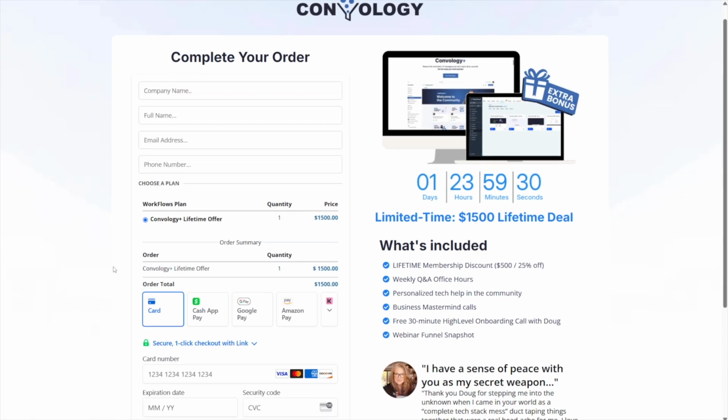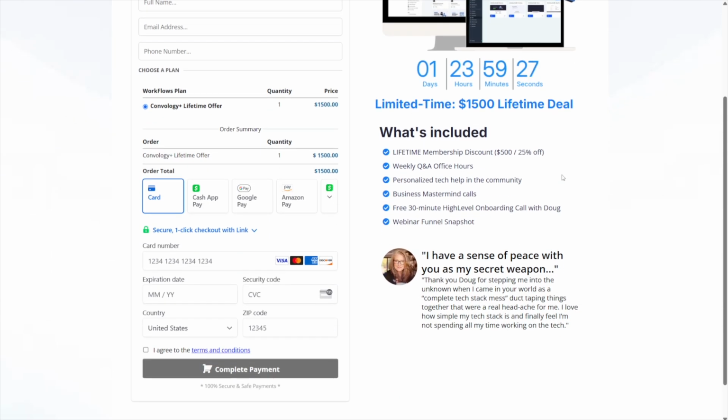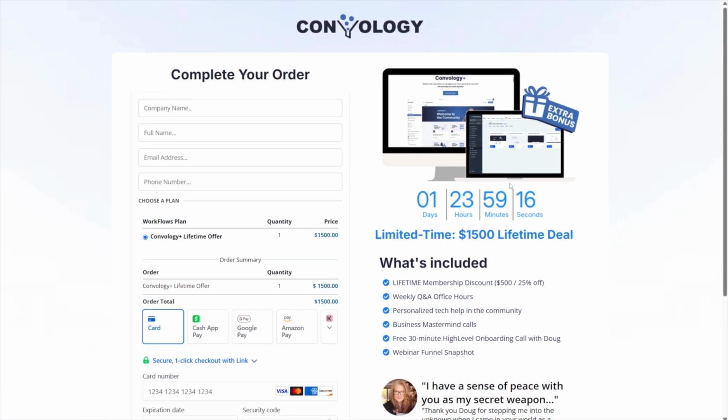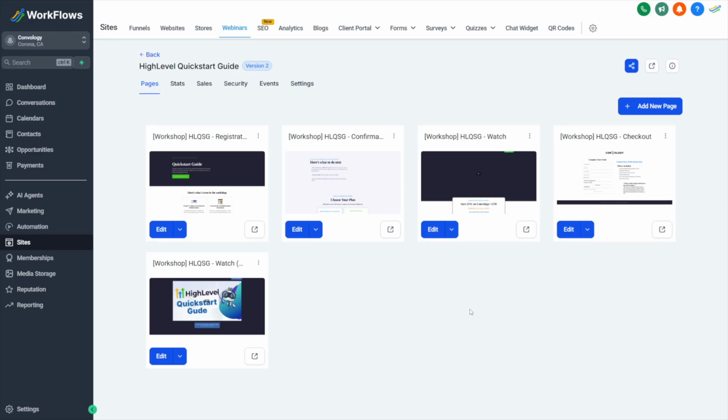We have our payment form and our checkout page. It's a simple design, but it's one that's worked for all of my past workshop funnels. So I'm not going to change what isn't broken here. Okay, so after I completed the checkout page and I thought that all of our pages were done, I actually